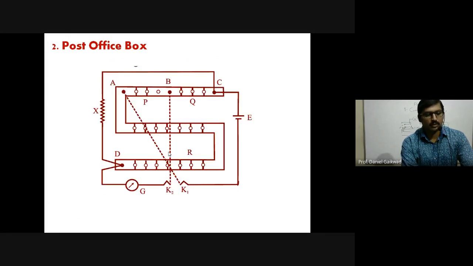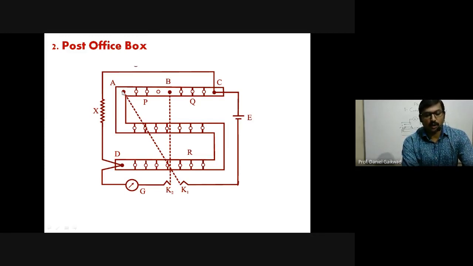Now we have the second application of the meter bridge as a post office box. That is an additional topic. So let us check the four resistances in this circuit also. Point A, then point B, then point C, and below we have point D. Check carefully, there are four resistances in this circuit. The circuit is a little bit complicated, but when we observe according to the Wheatstone bridge, we have 4 points and 4 resistances that we have to search for in this circuit.